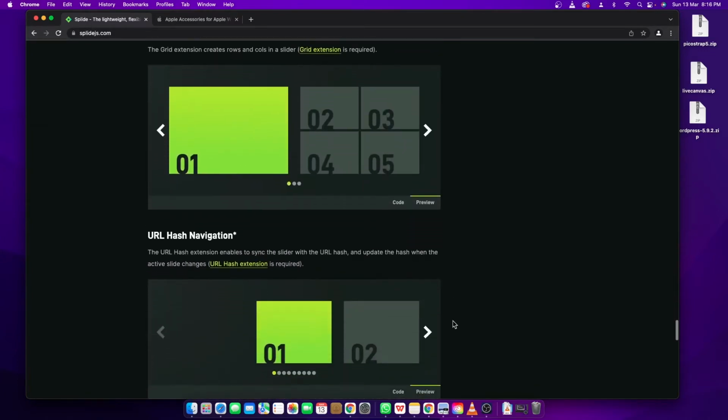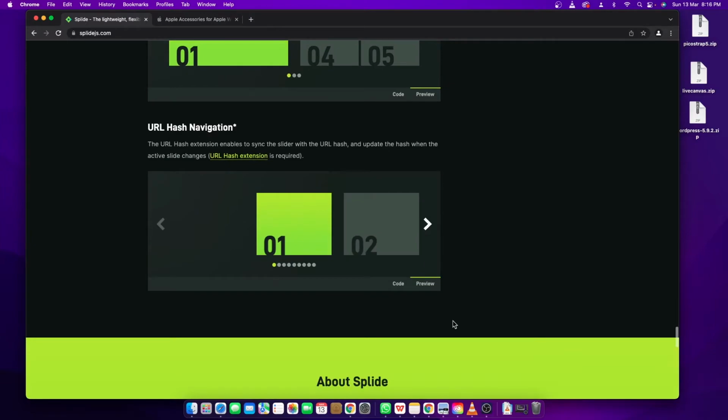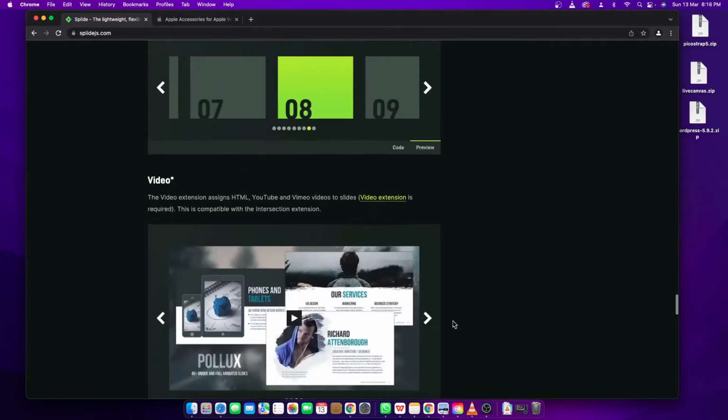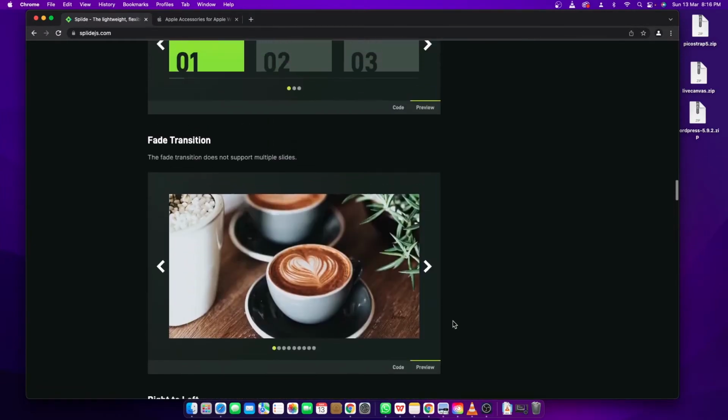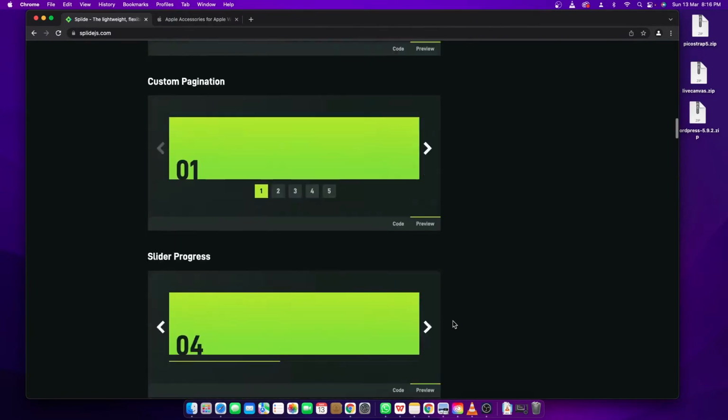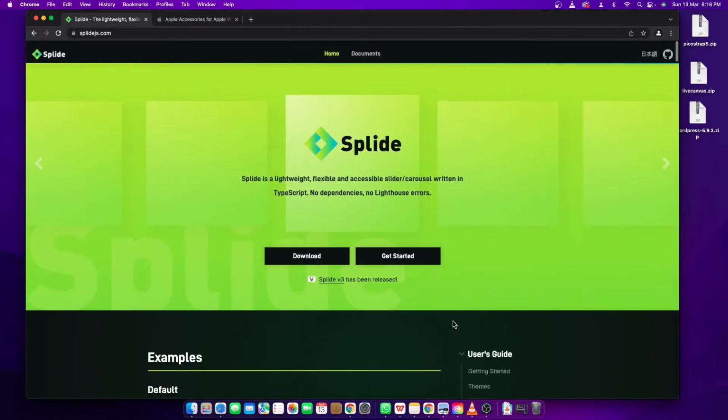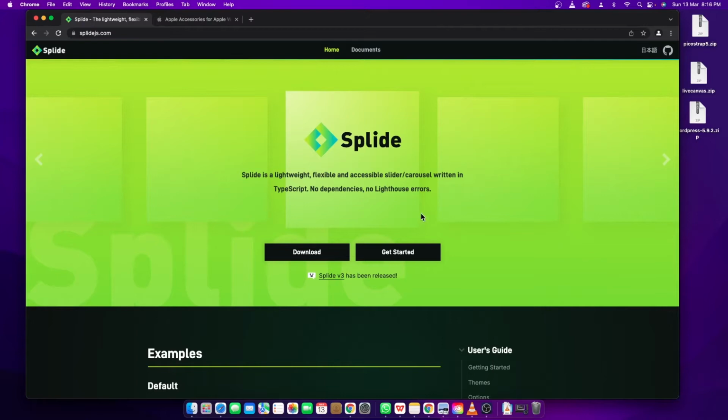So let's try to use this in our WordPress. Okay, now using it in WordPress will be a little bit more difficult than usual. The reason is because we can use this in any HTML and JavaScript, but in order to use it in WordPress, there are a few more steps to doing so. So in this video, I'm going to show you step by step how we do it,